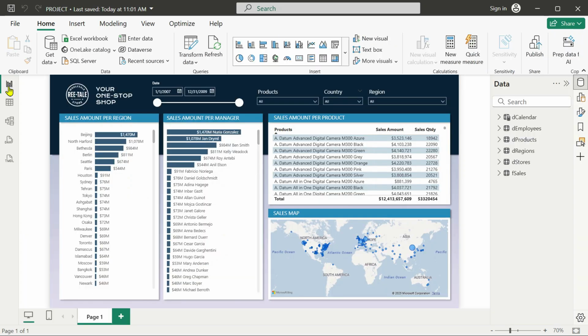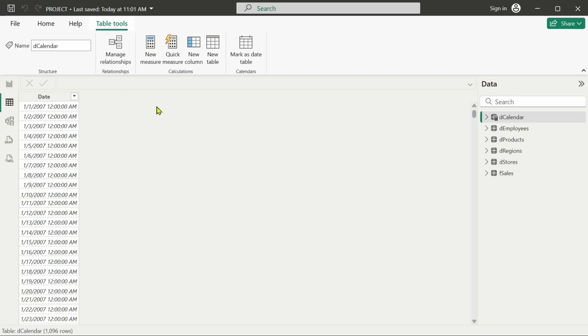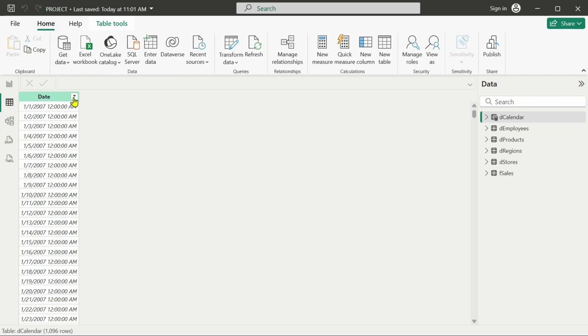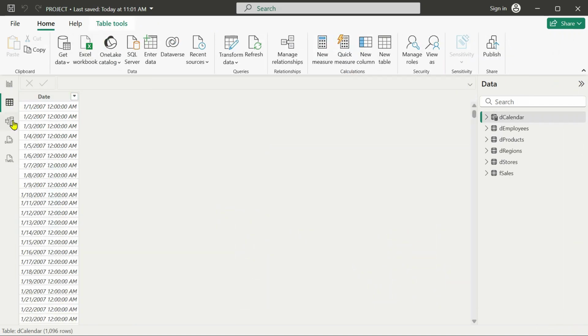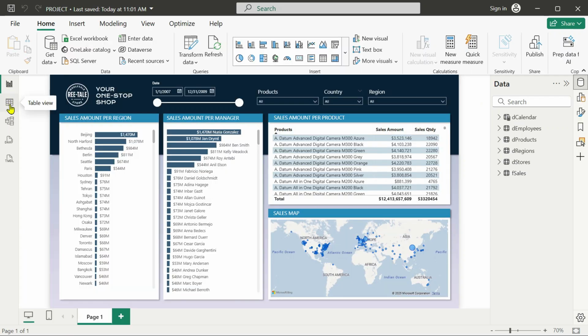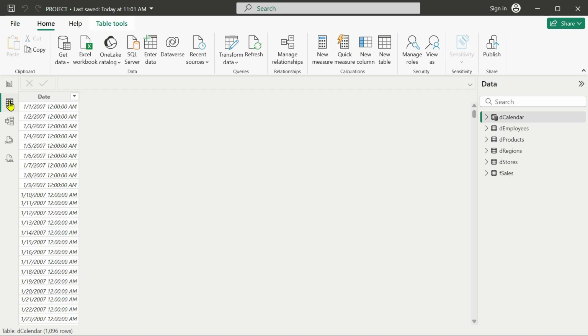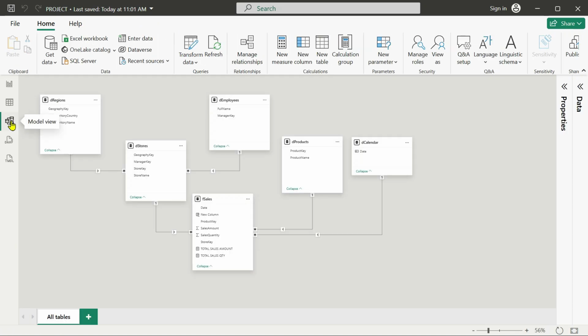But you can also see that, for example, the Get Data button is in the report view, and on the table view, it's still there. But for example, this Excel workbook button, which is the button for importing data from Excel, is a small button on the report view, but on the table view, it's a large button a little further right. I'm not going over all of these details, and you don't have to memorize any of these. I just wanted you to be mindful that the same buttons could appear throughout all of the visual panes, but they could be the same button with a different size or at a different location.